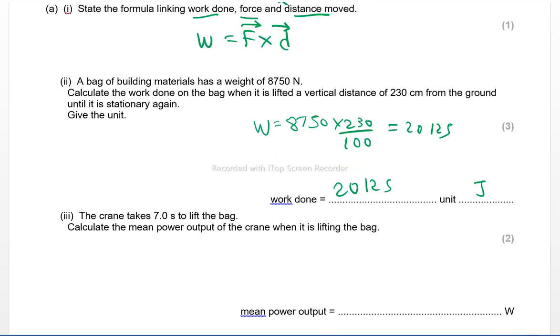The crane takes 7 seconds to lift the bag. Calculate the mean power output of the crane when it is lifting the bag. So power is equal to energy or the work done divided by the time. Okay, so energy or the work done is 20,125,